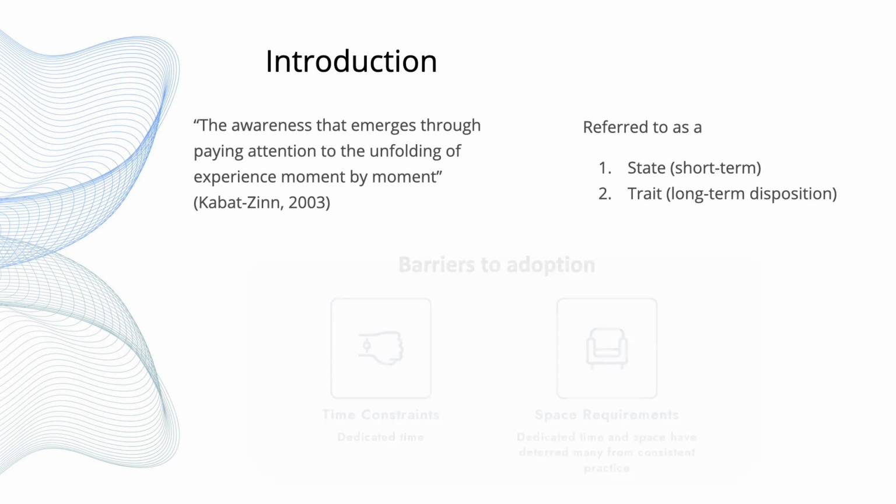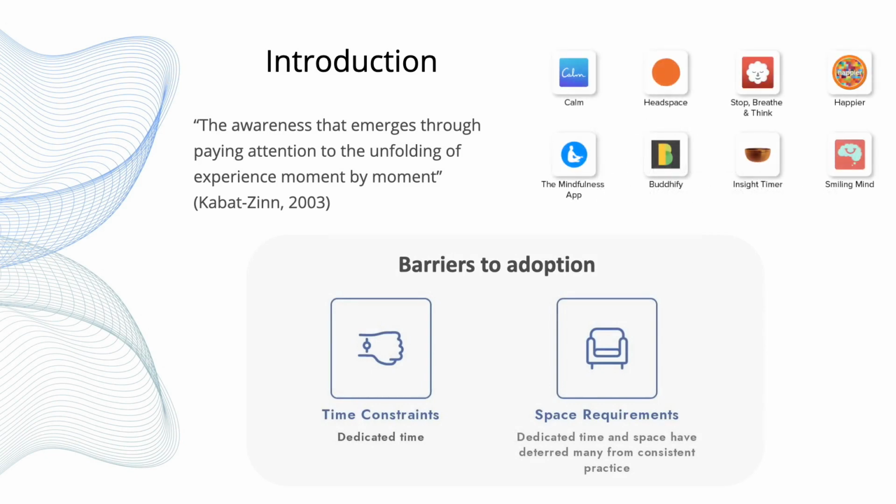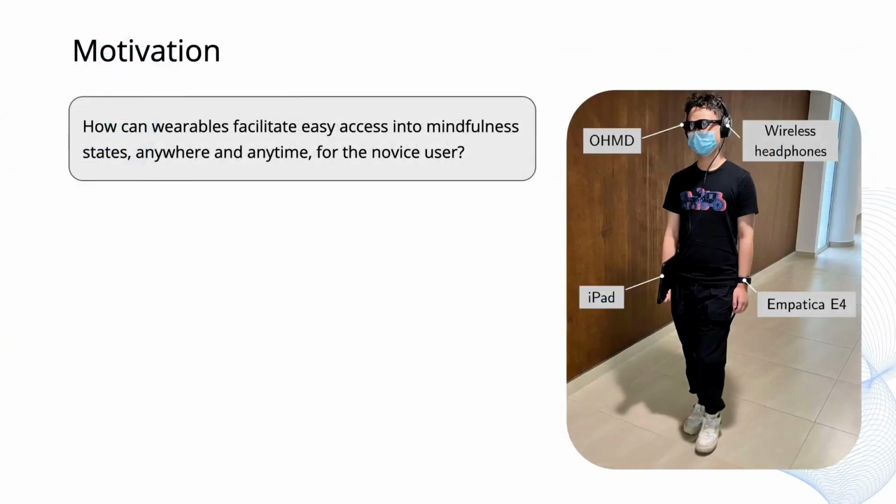However, adoption barriers exist. Common mindfulness tools, whether run through desktops, smartphones, or smartwatches, require users to dedicate a chunk of time away from their daily schedules, which many may find hard to carve out. Similarly, meditation is also best practiced in a quiet, conducive environment, and such a space may not always be readily accessible. Thus, we ask the question of how we may be able to more seamlessly fuse mindfulness practice with common daily tasks and introduce them into idle moments of the day, such as while someone is walking casually from one